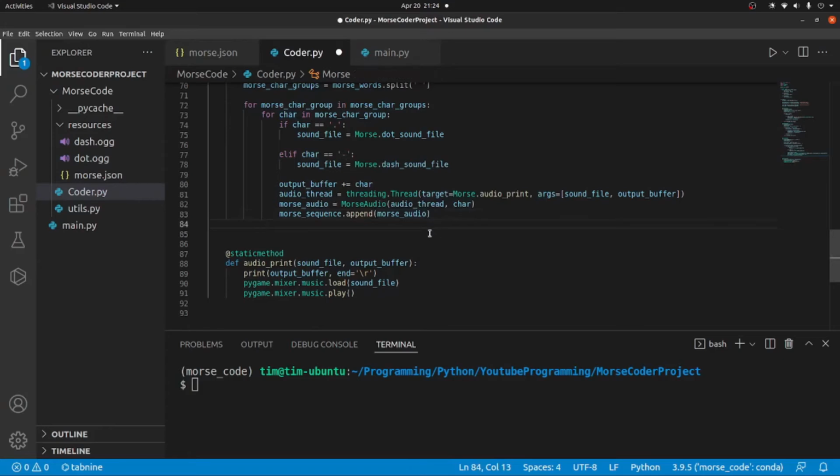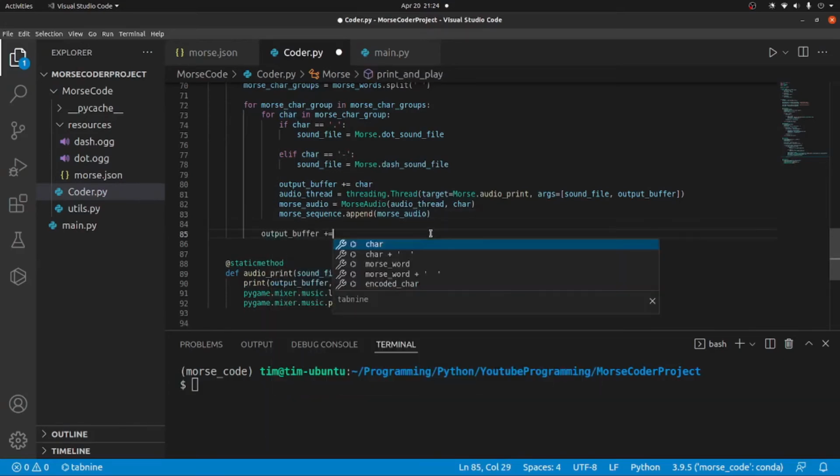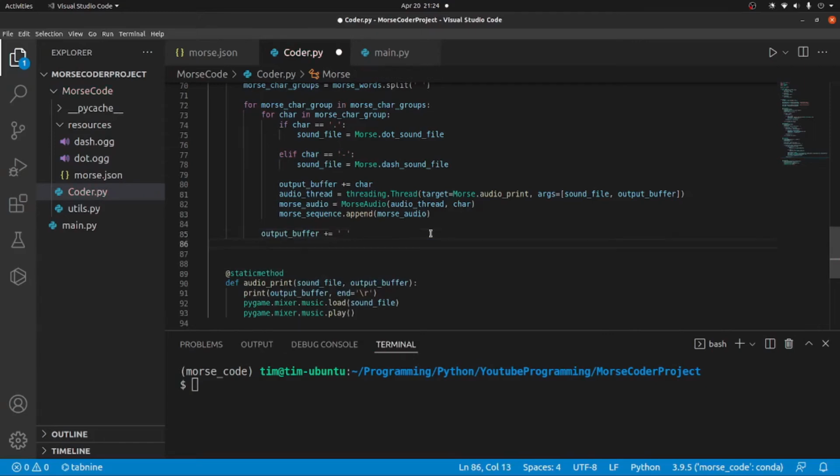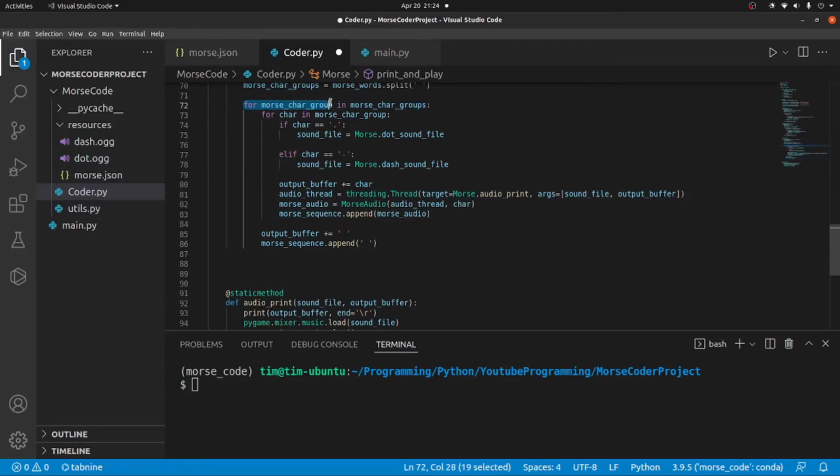So now we need a space to separate the character. So we're going to say output_buffer plus equals just a space. And then we are also going to append a space to the Morse sequence. So we're going to say morse_sequence.append space, and then we're going to break out of the morse_char_group loop,